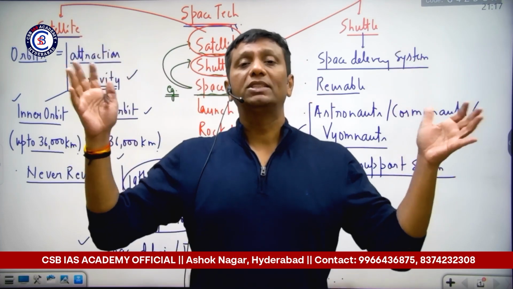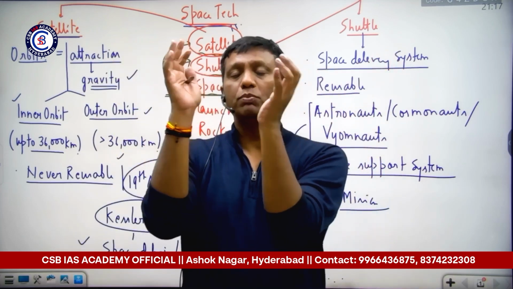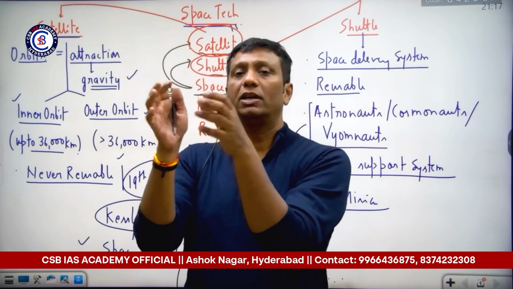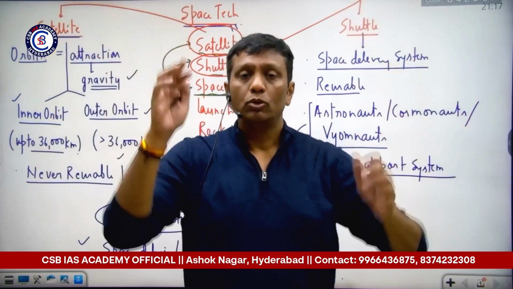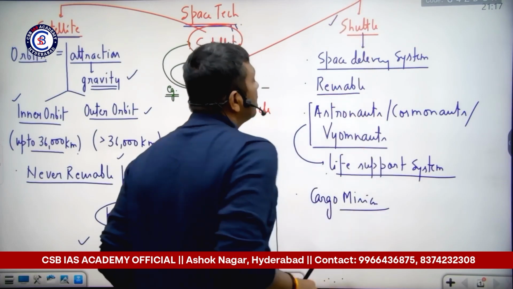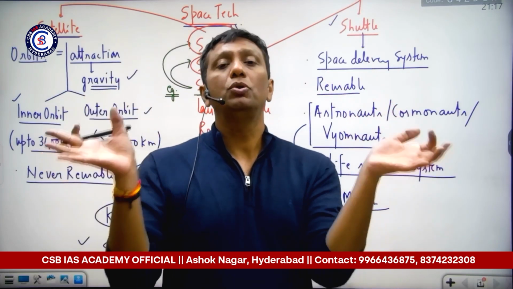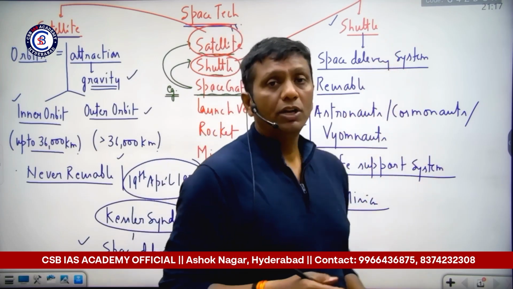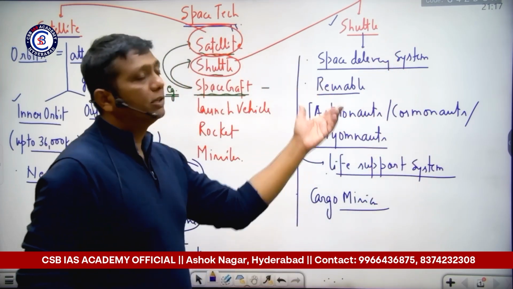And the big size of the space station is not easy to carry at one time. We carry small modules of 4-5 ton, 6-7 ton, 7-8 ton in parts and we assemble them. So how will they go there in space and be assembled? Of course, in this case, a shuttle will be used. So in that way, I can tell you, for cargo missions and carrying modules, the shuttle will be utilized. I think you understood the importance of the shuttle.